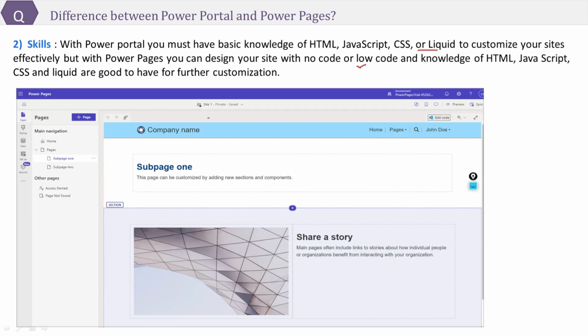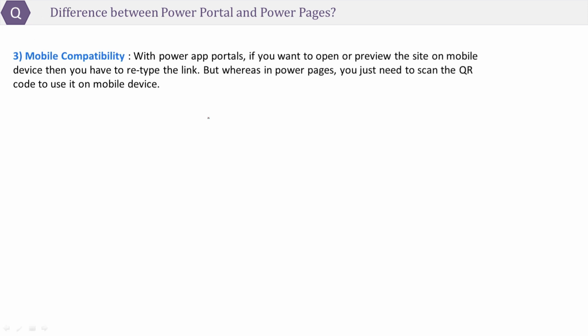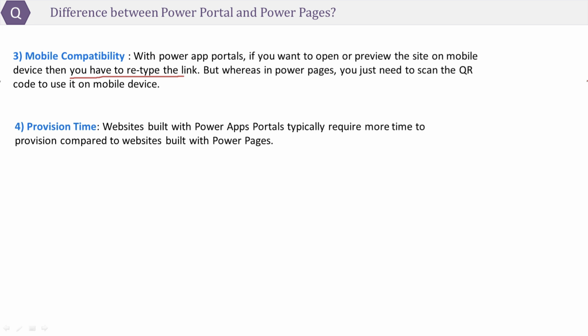The third difference is mobile compatibility. With Power Apps portals, if you want to open or preview the site on a mobile device, then you have to retype the link, whereas in Power Pages, you just need to scan the QR code to use it on a mobile device.